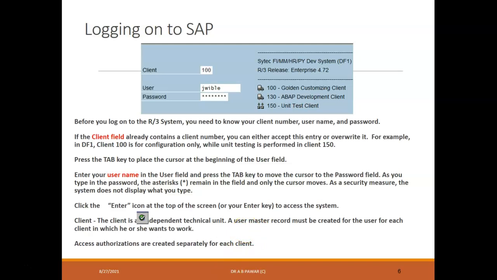Your access authorizations are created separately for each client. It means that suppose there are three different users. One user is working at the client end, one at the middle or intermediate level, and one at the administrator level. Then we have to give different authorizations to them. We have to define what the client side user is going to do, what the intermediate user will do, and what the role of the administrator is. And these facilities are available here. I hope you understand this.